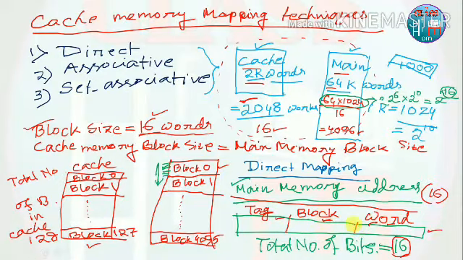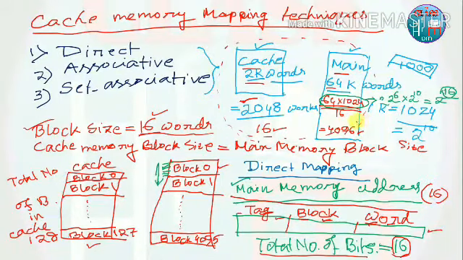Okay? So if we can find the main memory address fields, that means what will be the size of the tag, the size of the block, and the size of the word. If we understand from this example how to calculate it, then I think if you are given any problem, you can easily solve it. So let's see how we can find all these things. At first you have to remember what to do: first you have to find out the total number of bits. How do we calculate it?